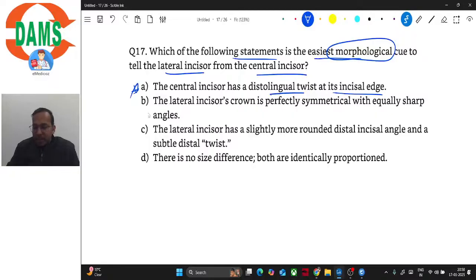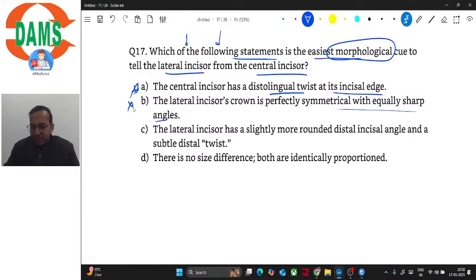So option A is incorrect. Option B says the lateral incisor's crown is perfectly symmetrical with equally sharp angles. Now we don't have a maxilla, we don't have a mandible, and even if we did have maxilla or mandible, still option B would be incorrect because the lower central incisor is the most symmetrical, not the lateral incisor,